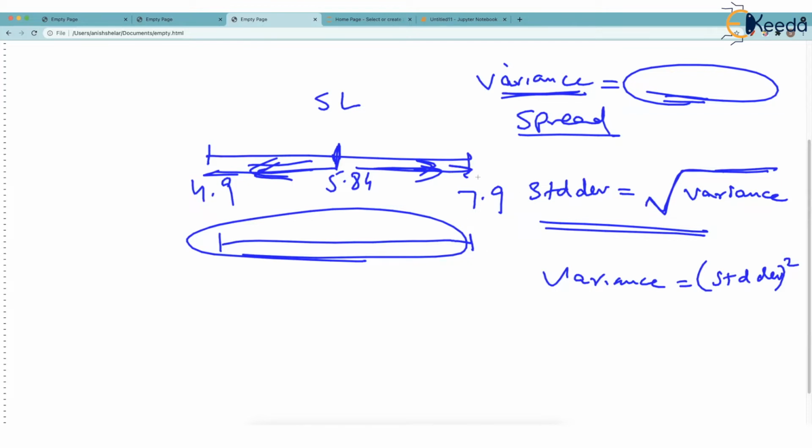So standard deviation and variance are not two different quantities. Please try to understand. They are not different quantities. They are same, except standard deviation is a smaller version of variance because it is square root of variance. So anybody would like to work with small value instead of very large value. Variance can be very large. So you take square root of variance and you say this is standard deviation. But even this can be then called as spread. It's just the square root of variance.